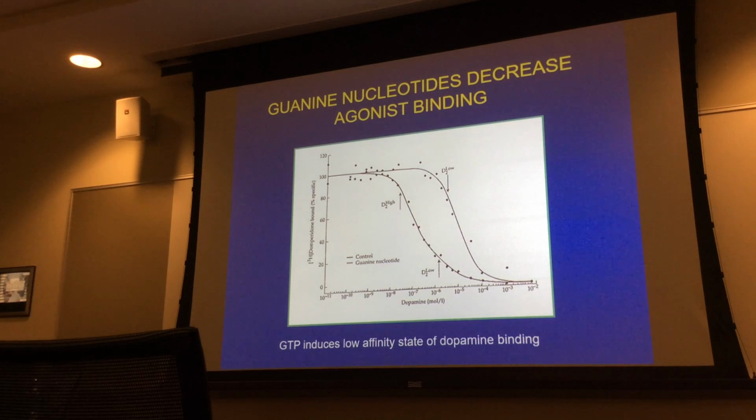So if you're looking at the very first thing you need to know about a receptor, I told you last time you need to know its affinity for sure and how many receptors there are, but you also have to know whether it's an agonist or antagonist. Otherwise, you're totally up